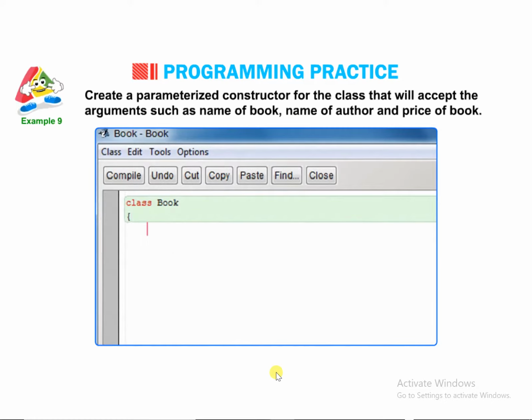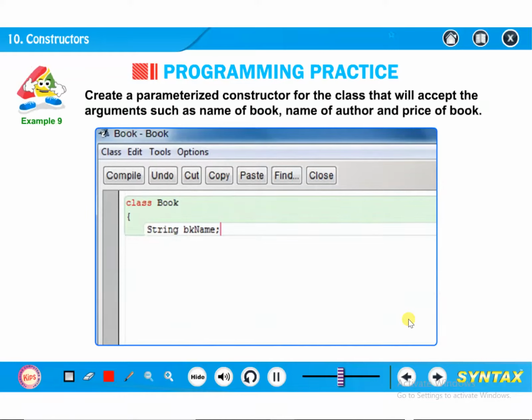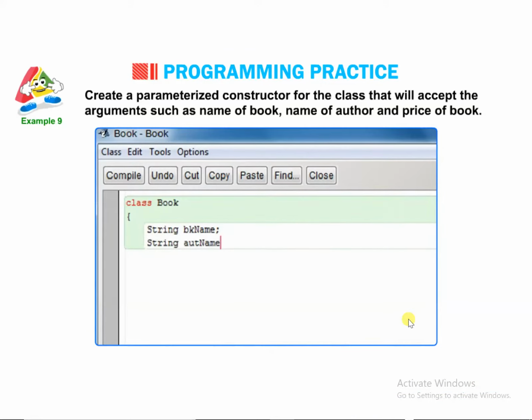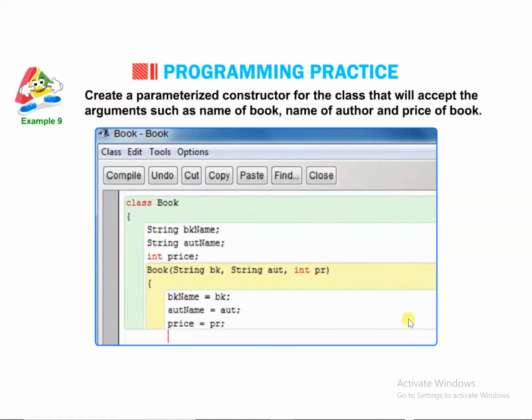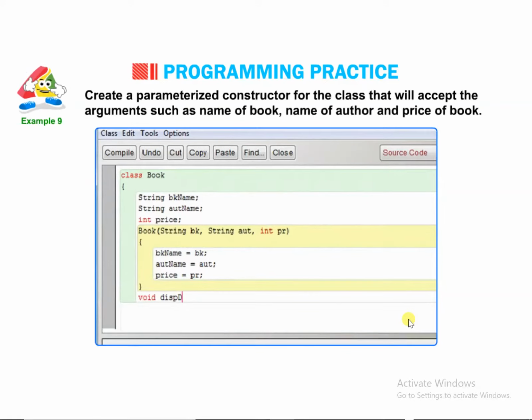class Book { String bookName; String authorName; int price; Book(String BK, String auth, int PR) { bookName = BK; authorName = auth; price = PR; } void displayDetails() {